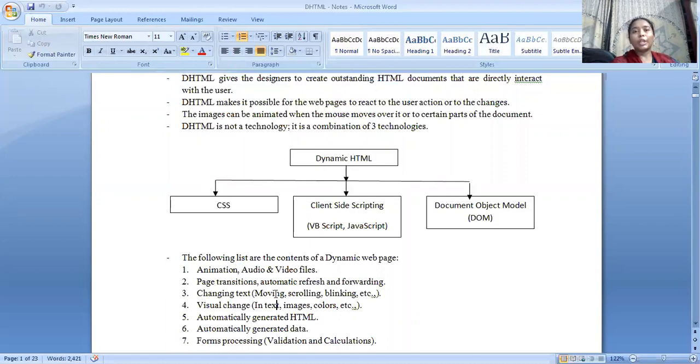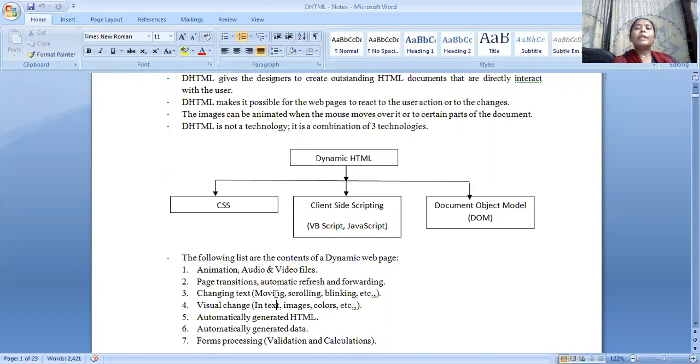Similarly, automatically generated data: if I request a particular action through the DHTML web page, the request is sent to the server, and the server gives me the particular data I need. And forms processing: with the help of the form tag, I can access the client so that the required validations and calculations can be performed in DHTML pages.